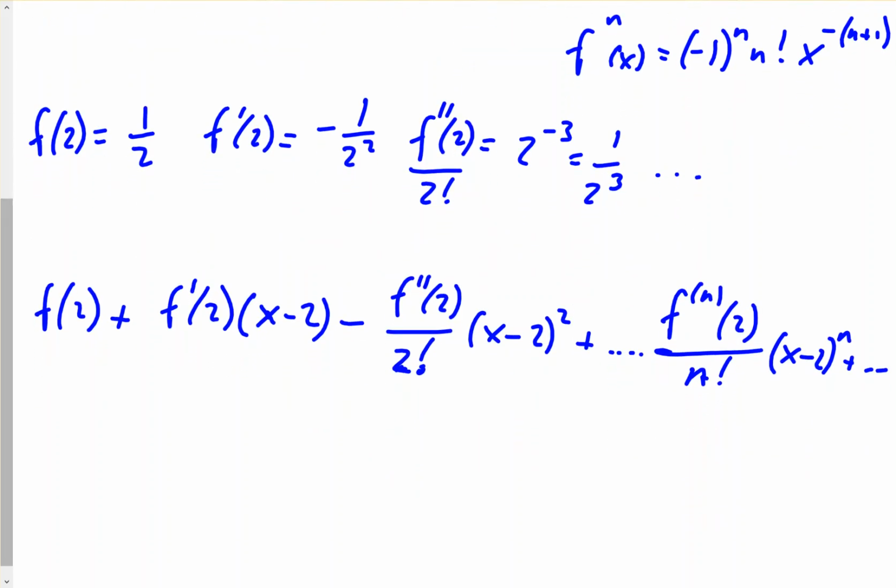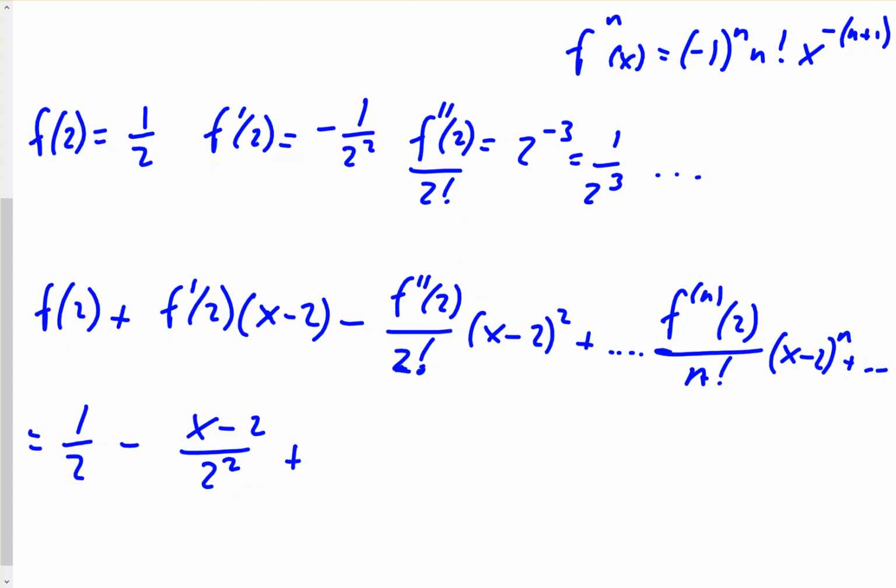Okay, so more specifically for us, this would be 1/2 minus x minus 2 over 2 factorial times... right, well, that would actually be not 2 factorial, but 2 squared,